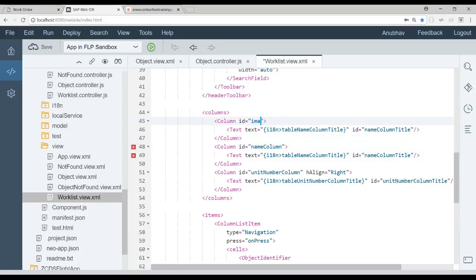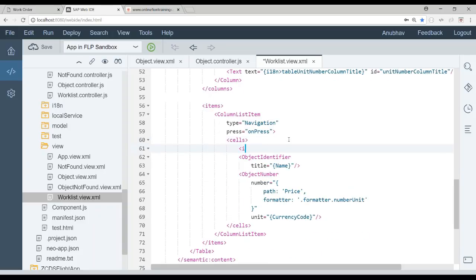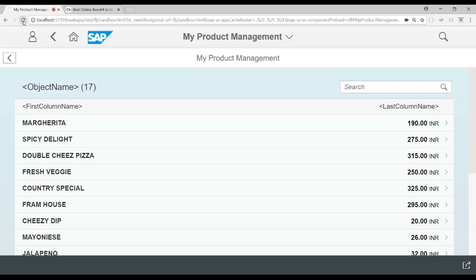I call it as image column, and the text for this right now not putting in i18n. I just say pizza photo, or I can say product picture, and then just give some ID. So I say pic ID, and now just going to come down in the cells. We're going to add an image control with SRC property and just do the binding with the content which we are returning out. Congratulations. Let's go ahead and test this. We're going to see that picture image on the first screen now popping up. Let's come back, refresh the page,